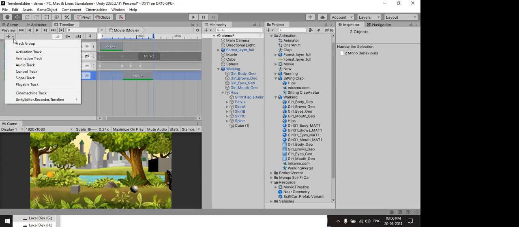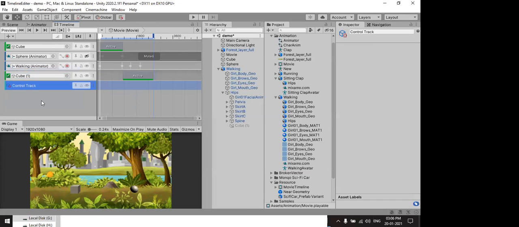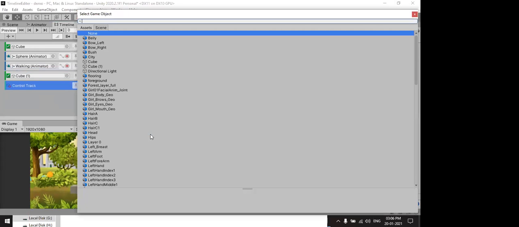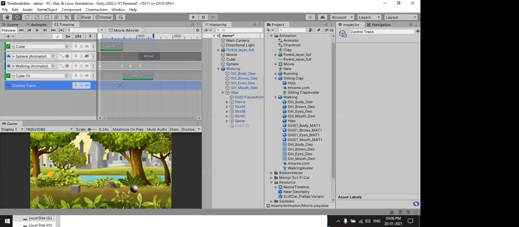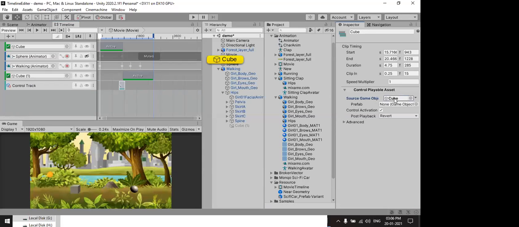So now you go with the control track. Okay, so it will be control lever animation clips. I already told you, if you work with the control track, just right click it and create a track from game object. Which game object did I use? Cube. Okay, so in this cube, here is your source game object, this one is your cube and prefab.